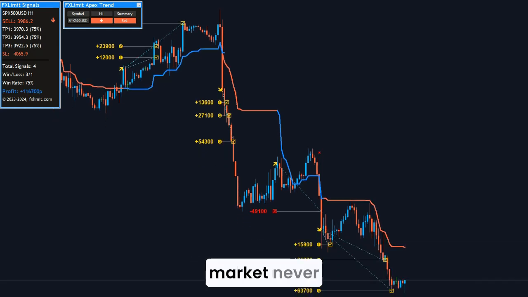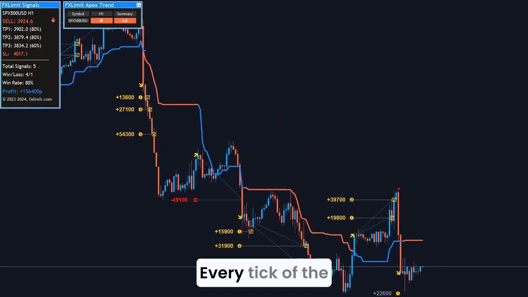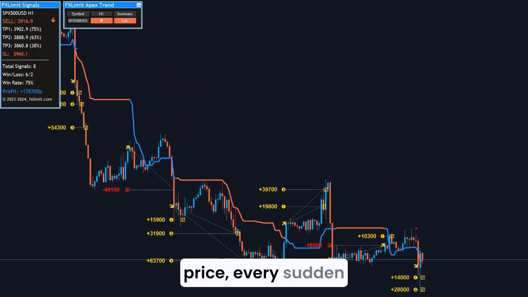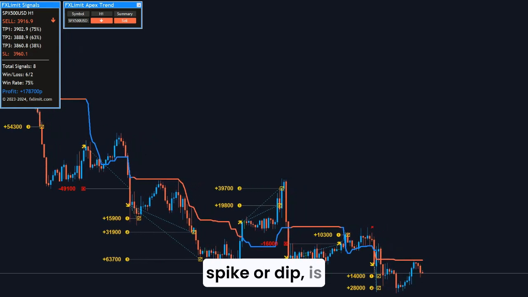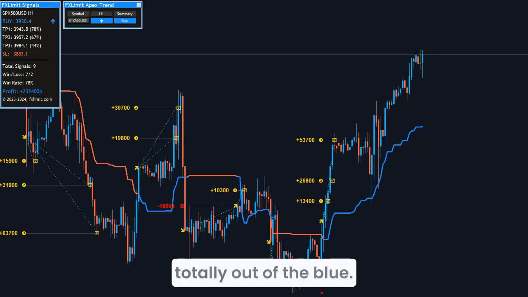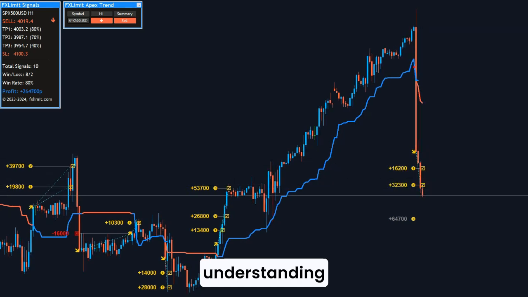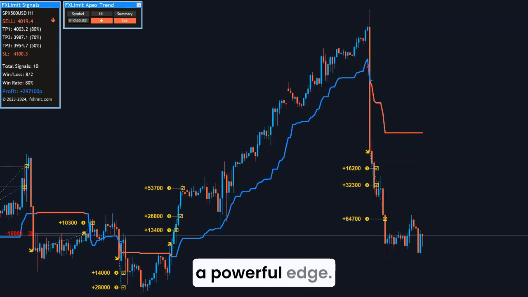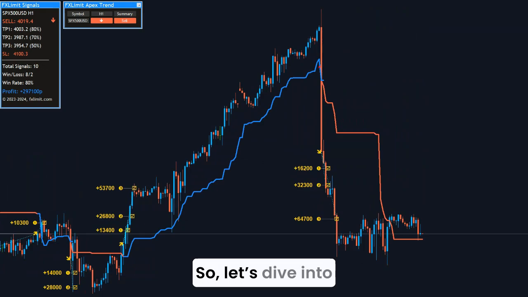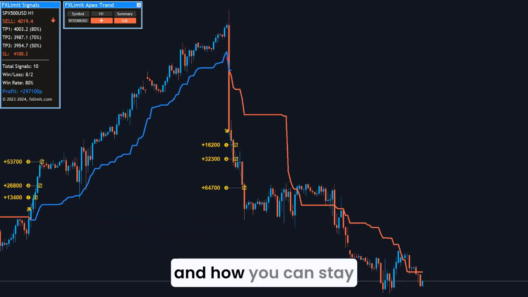The global Forex market never sleeps, and neither do the forces that drive it. Every tick of the price, every sudden spike or dip, is often influenced by larger global events, some expected, some totally out of the blue. If you're a trader, understanding these global events can give you a powerful edge. So let's dive into the top 5 global events that move the Forex markets and how you can stay one